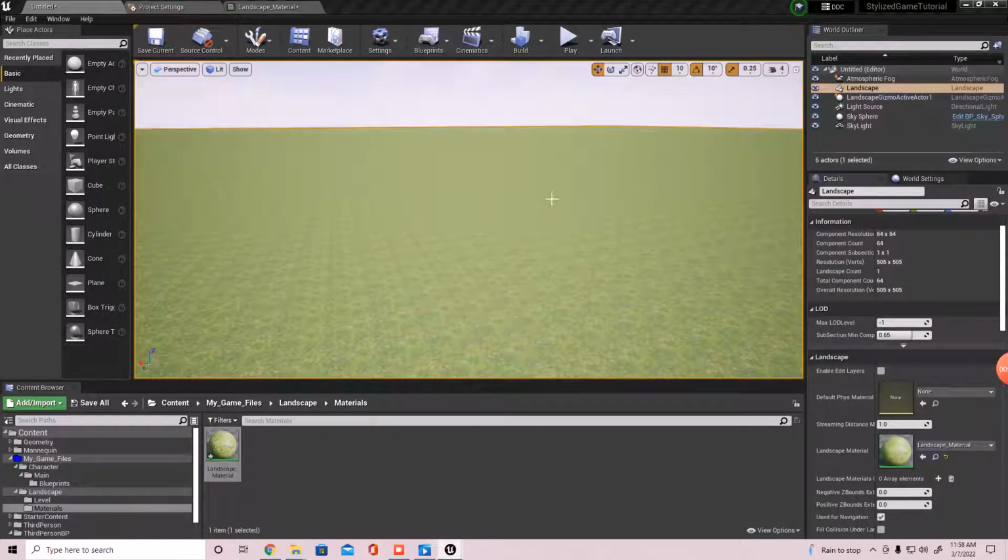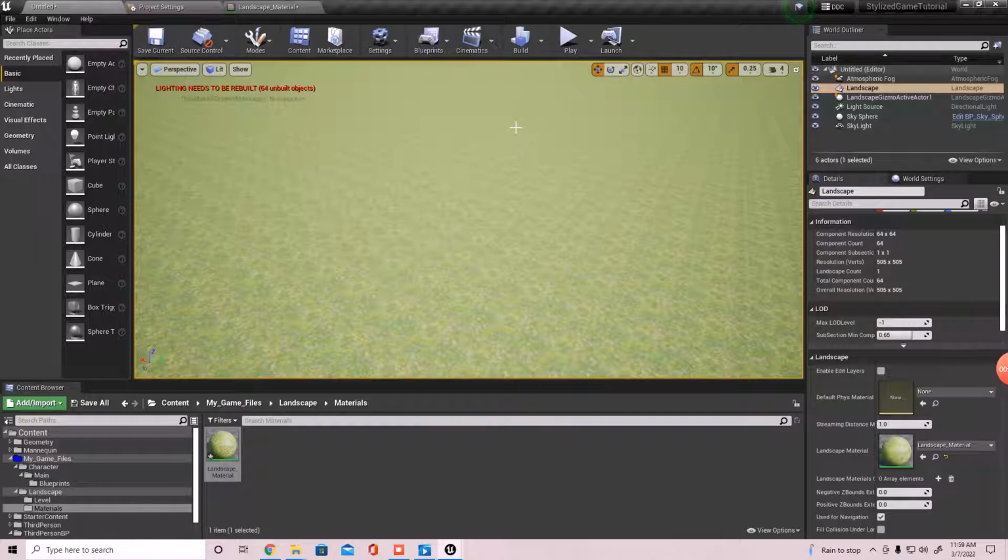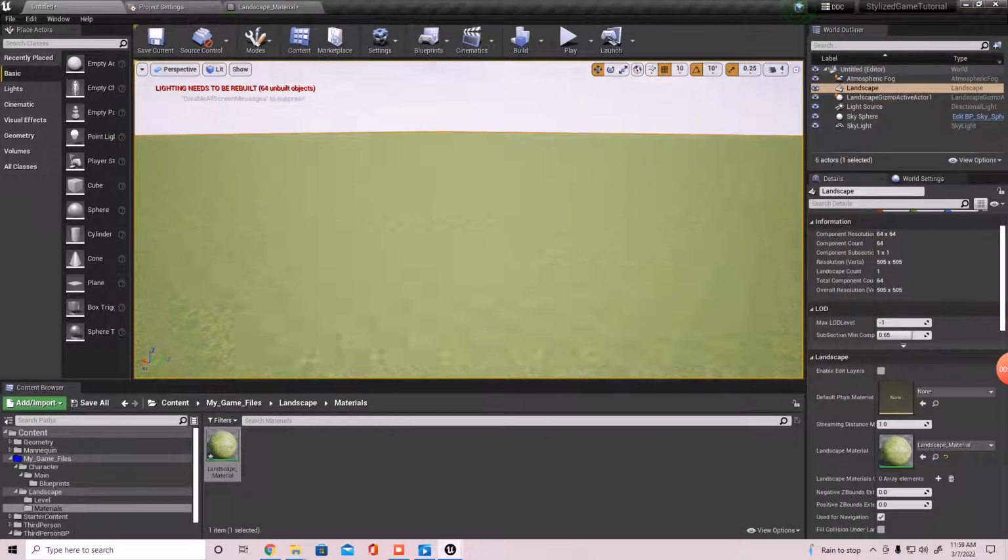In this video, I'm going to start with the landscape. I'm mainly just adding the colors into it right now. The first thing I'm going to do is start off on the last video. Whenever we created the landscape, I did not really